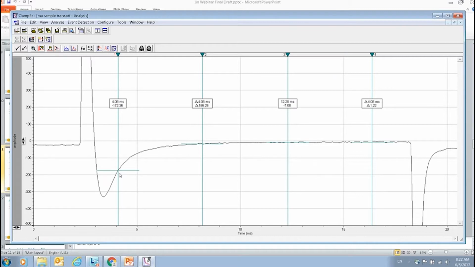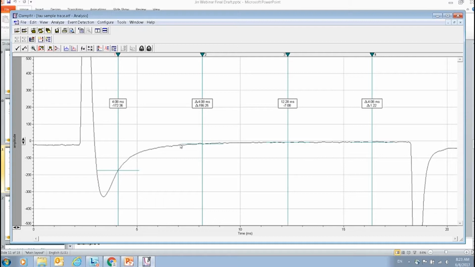So this is a nice looking sodium channel current. It's a current with a negative going peak. It has two phases, the rising phase and the decay phase. Since it's a negative going peak, the first part is the rising phase, and the second part is the decay phase. For the rising part, we can calculate the rise time constant, and for the decay part, we can calculate